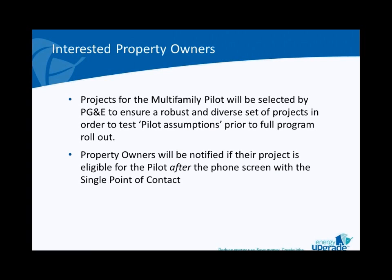Interested property owners would submit an interest form to Build It Green. That interest form will be selected by PG&E and reviewed. Buildings are selected based on a diverse set of criteria to ensure that we have a variety of program configurations, building configurations and climate zones taken into account so that we can test these pilot assumptions before the full program